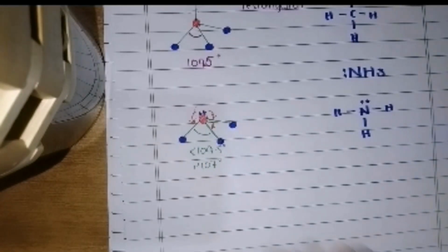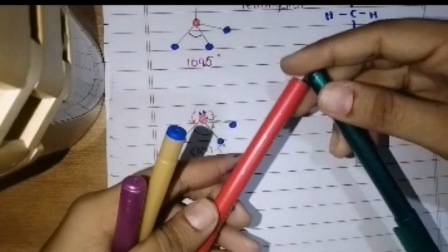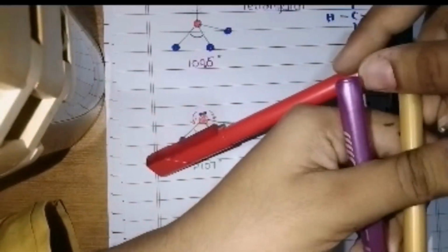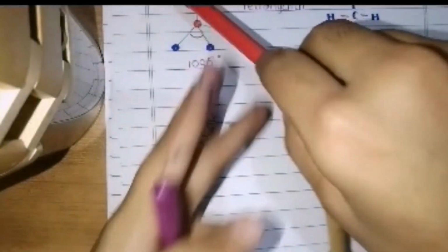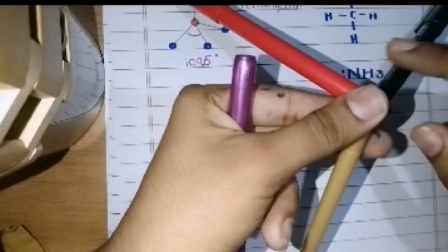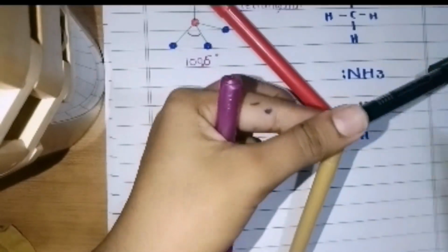So the structure could be drawn as this, a pyramid. You might have seen pyramids, and the name is clearly showing. It is not